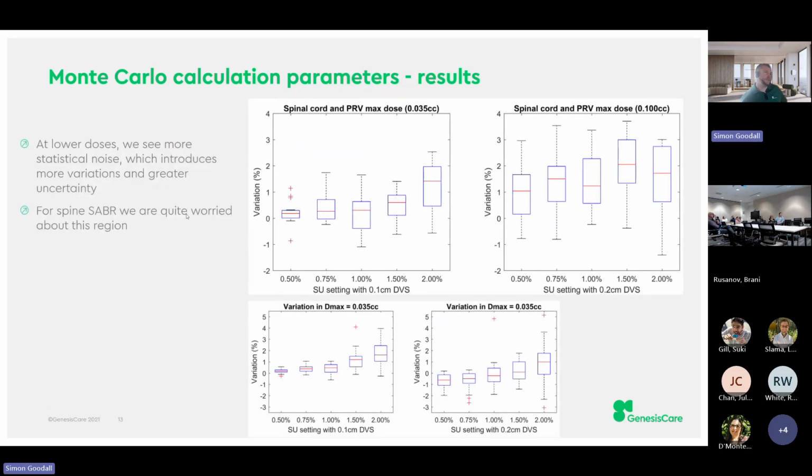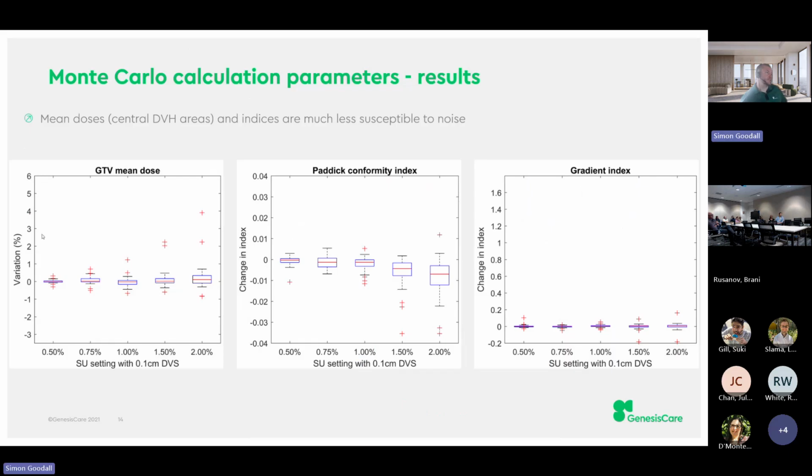And what we can see here is that, as we would expect, the spinal cord doses become a more prevalent consideration. So I've kept this as the same image from the last time. We can see there's relatively small changes. We see a much broader change, a much broader bar chart, for these in the lower doses, because inherently the statistical uncertainty there is higher because of the lower number of histories that pass through that region. So it just means we need to add a bit more consideration, or a bit more uncertainty, into the calculation of our OAR doses.